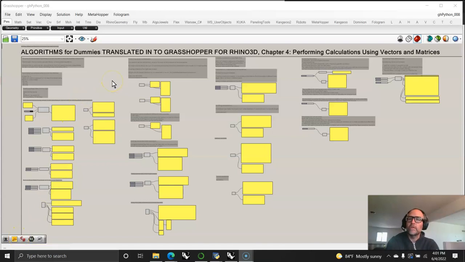I'm basically going through Algorithms for Dummies and translating it into Grasshopper for Rhino3D, and I'm doing more than I was doing a year ago on this project, and I hope people will find it valuable. I'm going to focus on Chapter 4, this script, which is the 8th iteration of it. As I completed it, I've basically gone through all the calculations for using vectors and matrices in